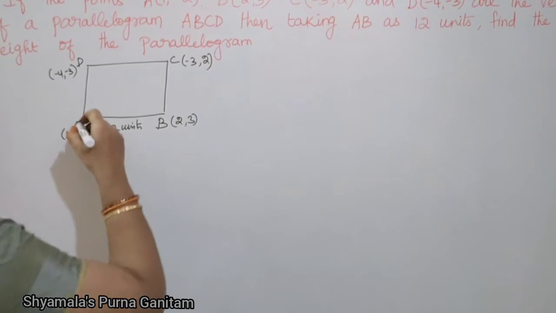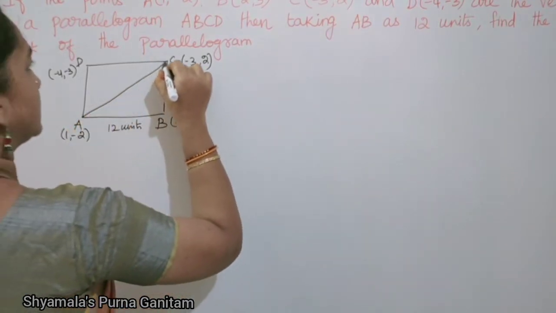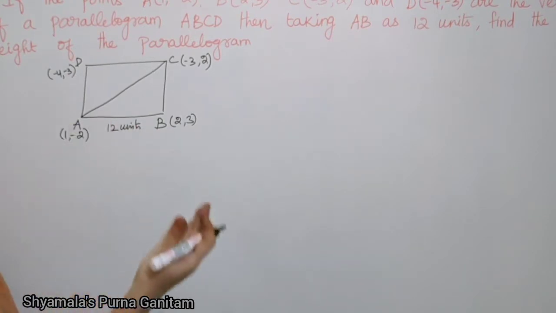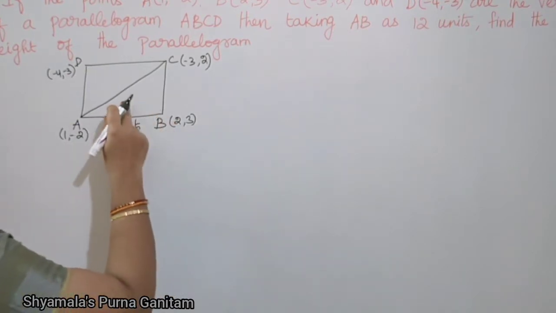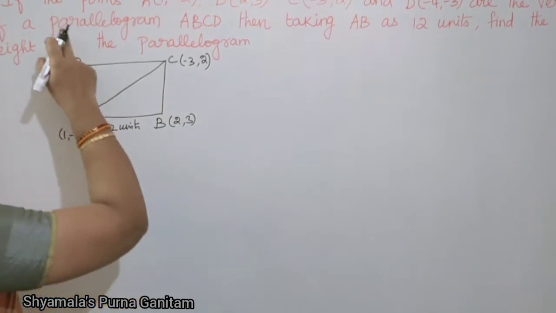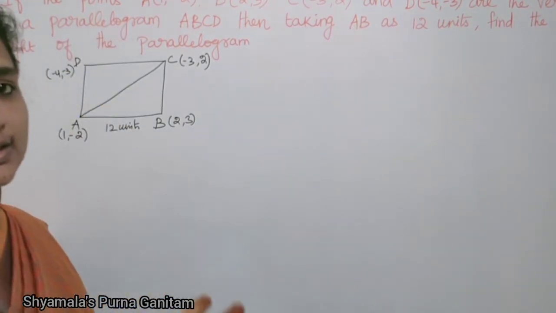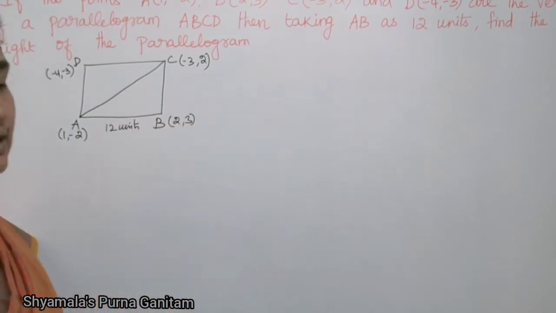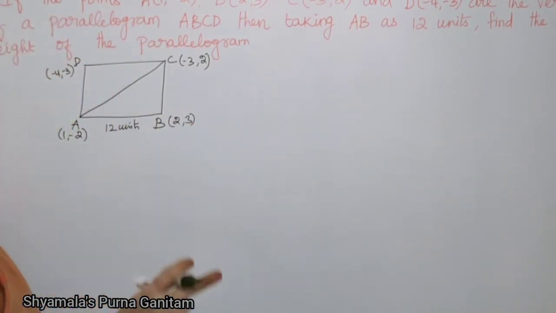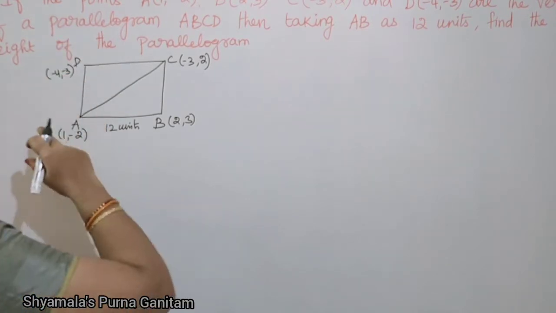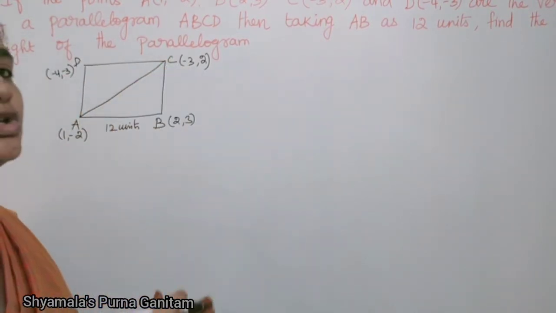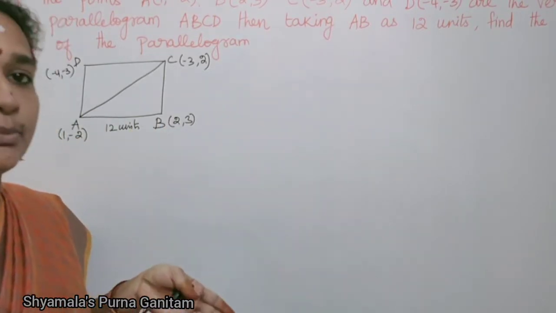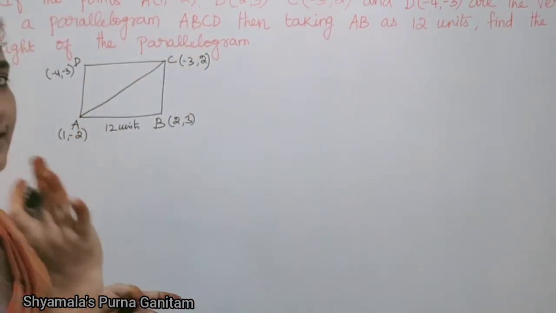In this one, I am dividing it along the diagonal, so I will get two triangles. As I told you in the previous sum, I am going to find the area of the triangle, and since it is given as a parallelogram, you have to use this condition. If there is any other type of quadrilateral, you have to take the condition accordingly. Since this is a parallelogram, the diagonals divide the parallelogram into two congruent triangles. So, for two congruent triangles, the area will be equal. I am applying this rule.